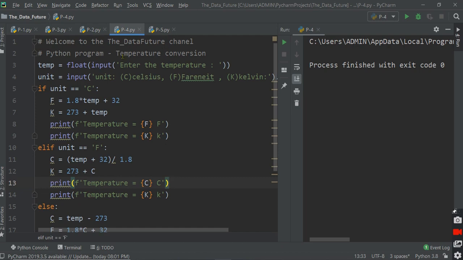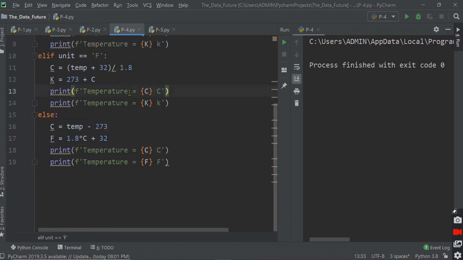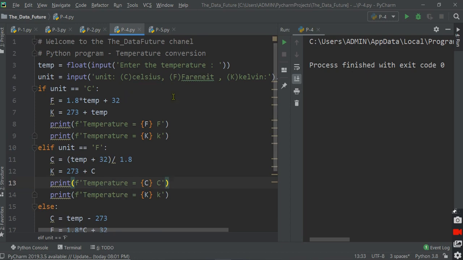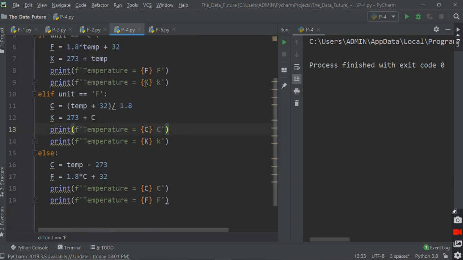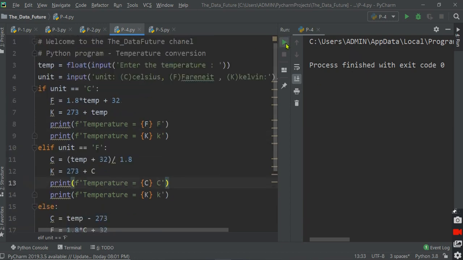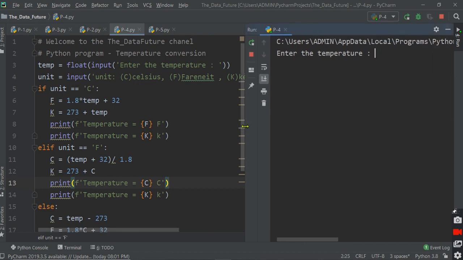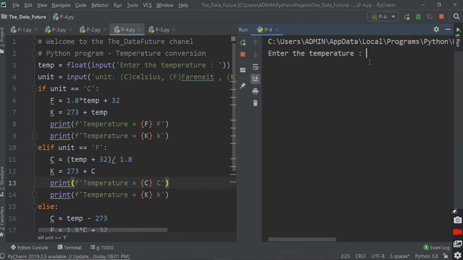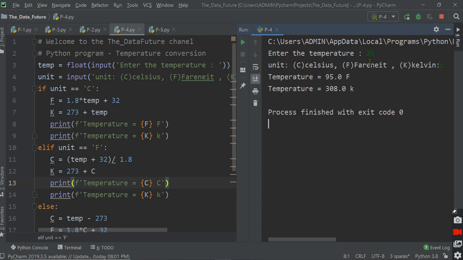So this is the temperature conversion program, and I think it's clean code. Let us run this for the first time. If I enter 35, and say it's degree Celsius, the temperature is 95 Fahrenheit, and this is